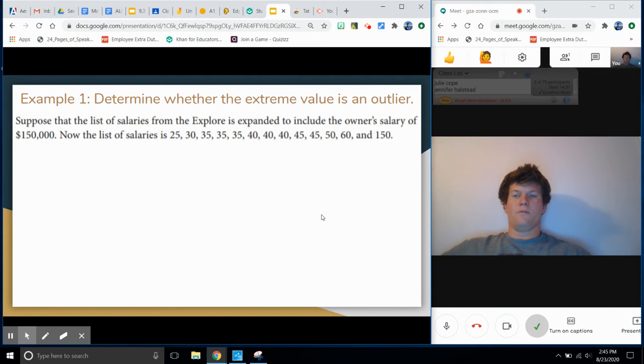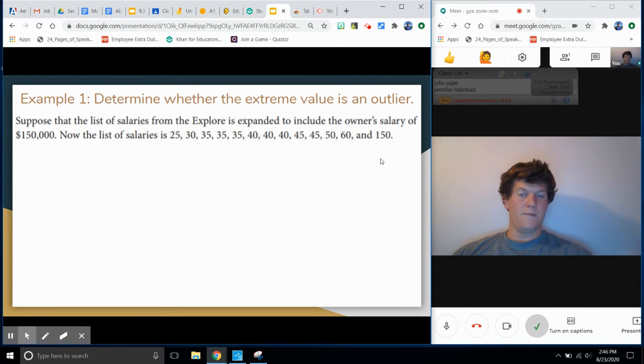Now let's get into some examples. So we're looking at example 1 here. We're looking at a few different salaries from this company called Explore, and the owner's salary, which is $150,000. Now, instead of looking at the thousands, we're just going to focus on the first 3 numbers. So, for example, 150,000, I'm shortening down to 150. 25 is really 25,000 a year, but we're just shortening it down to make it easier to work with. So now this list of salaries says 25, 30, 35, 35, 35, 40, 40, 40, 45, 45, 50, 60, and